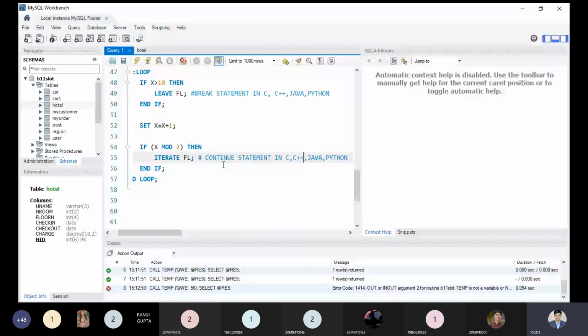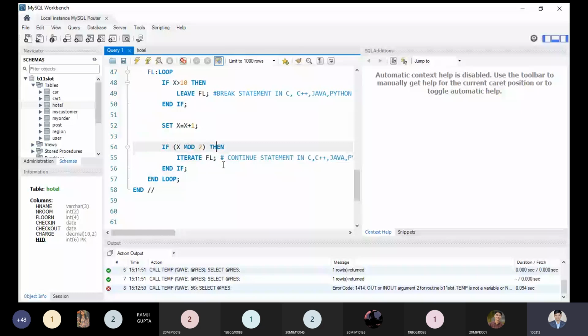If this is true, then it's okay. Else, if it is not so, in the else we can write: set the value of ch equal to concat ch, comma, x, comma, space.